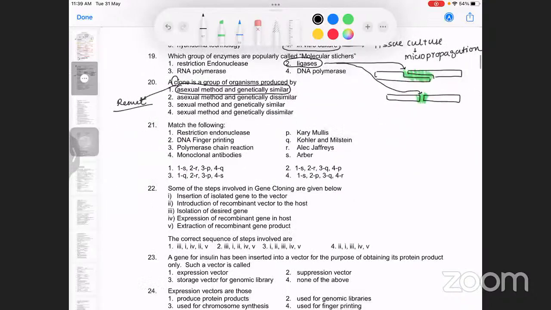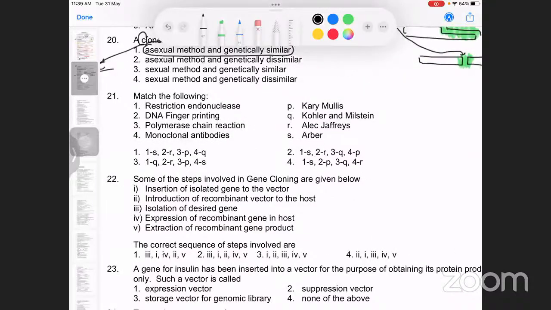An individual unit is called a ramet. Then match the following. Here we have scientists and their contribution. So restriction endonuclease. It was given by